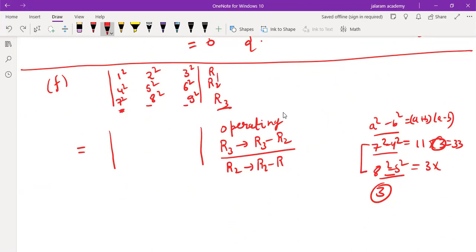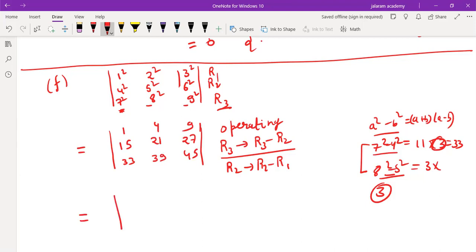This means we can perform these operations clearly. R3 minus R2, 7 square minus 4 square: 11 3s are 33, 13 3s are 39, and 15 3s are 45. 9 plus 6, 15 into 3. Similarly, in this, 4 plus 1, 5 3s are 15. 5 plus 2, 7 3s are 21. 6 plus 3, 9 3s are 27. These two rows have 3 common. And next, 1, 4, 9, as there is no use in leaving them as squares.